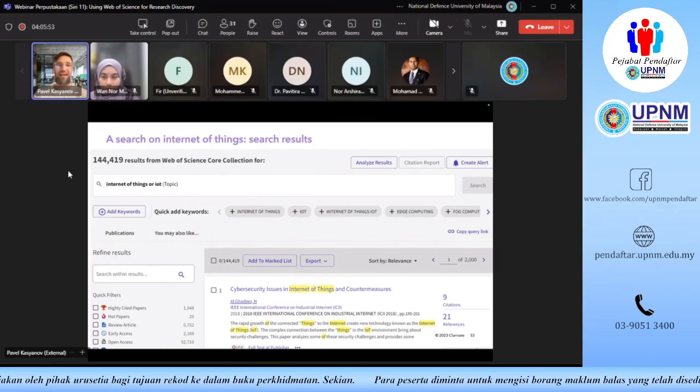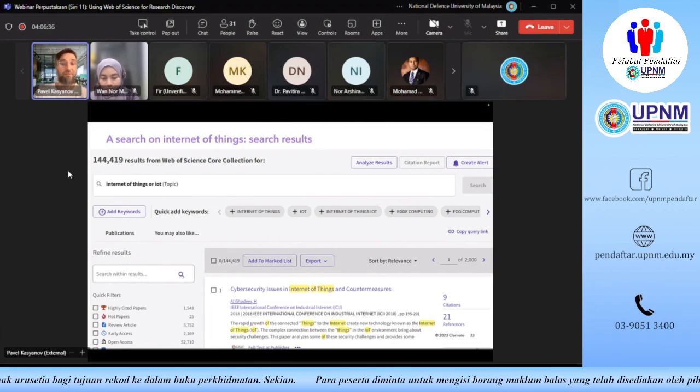So I appreciate this is quite a wide topic, Internet of Things. So probably if you particularly are conducting research in Internet of Things, you're probably conducting it in a narrower area. So you might want to refine this search further, and you can totally do that. You can also add keywords to this topic. For example, quite an important topic in recent years, like fog computing, we can add it, and that's going to reduce the number of results that we see. And in case you really care about Internet of Things and fog computing, it's going to be a much more relevant search to what you're searching for.